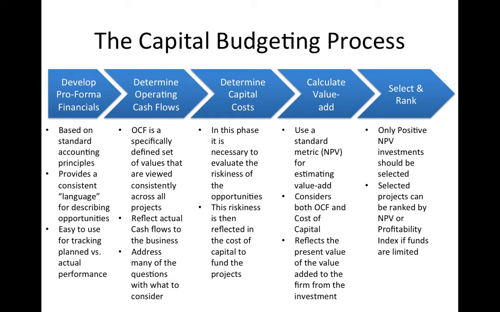But a project is considered viable if it has a positive present value, or net present value. And so if it's negative, you wouldn't want to do the project anyway. All right? But if it's positive, then it's one that you would consider doing. Once you get all of the projects that have positive NPVs, then you can rank those projects either by net present value or something called profitability index. We'll go through that ranking process later.